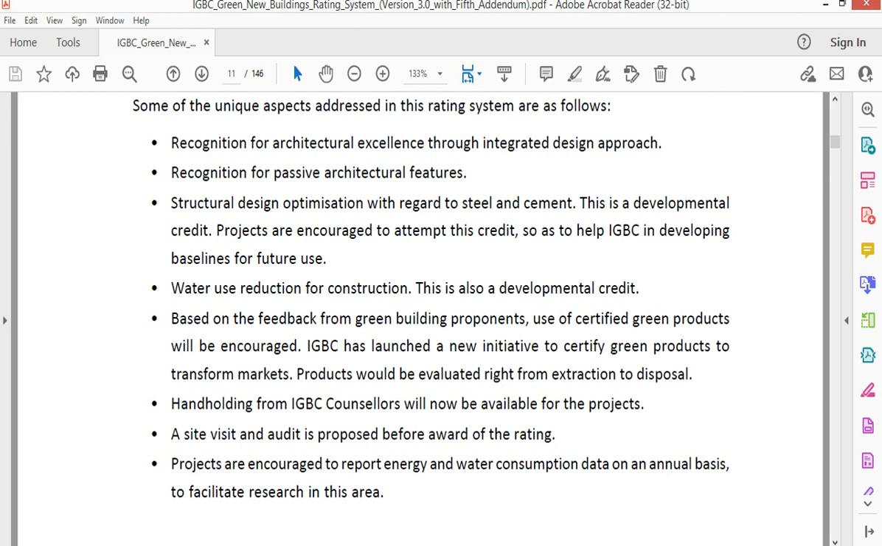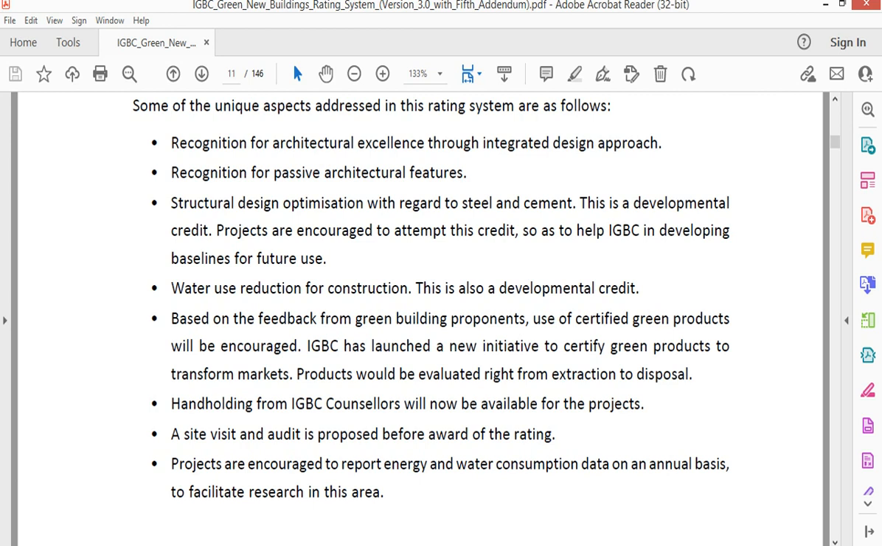So the products would actually be evaluated right from the extraction to the disposal, or the cradle to the grave technique. So the Green Pro is actually a directory which shows the availability of the various green products along with their manufacturers. Then comes the sixth aspect, which is about the handholding and support received from the IGBC counselors throughout the project. Then comes the seventh aspect, which is about site visit and an audit which is proposed before the